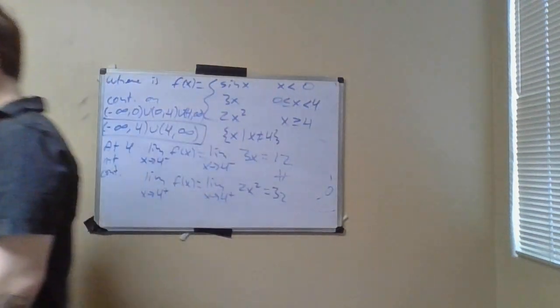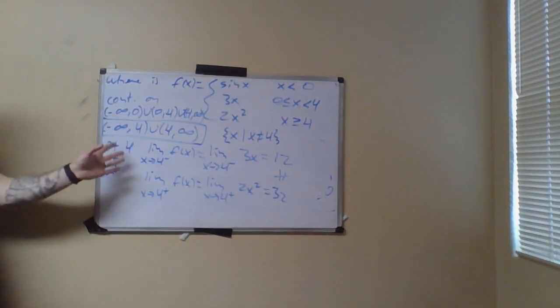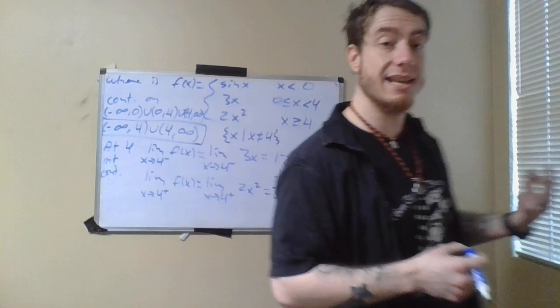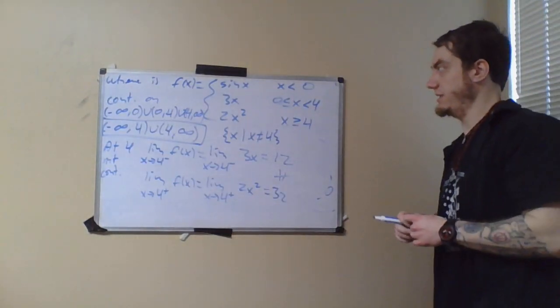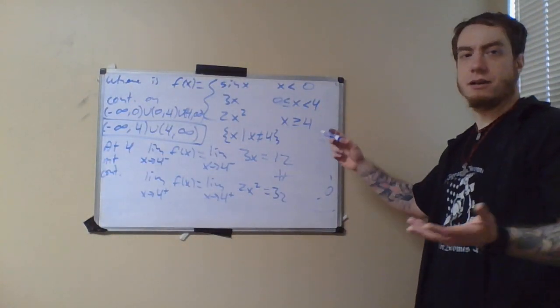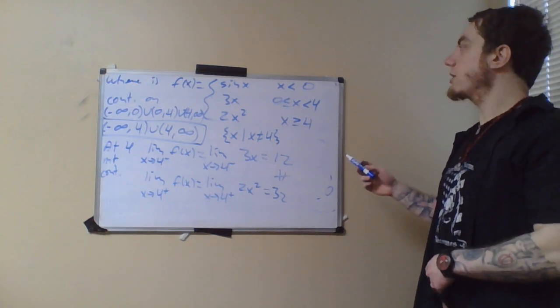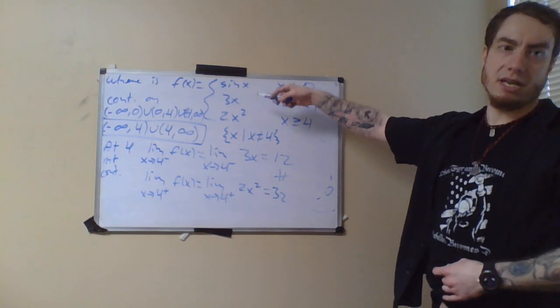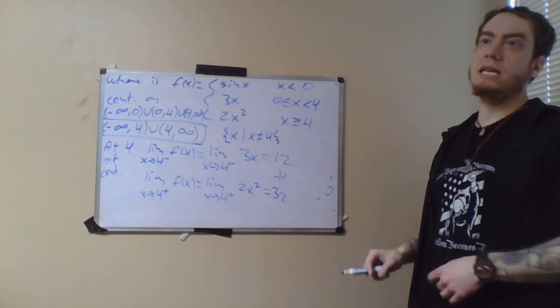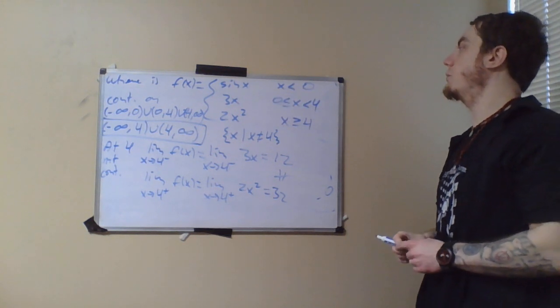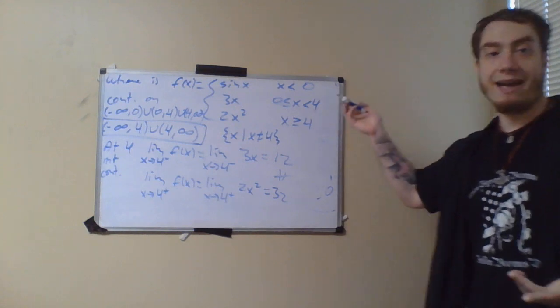We have figured out where this thing is continuous and where it's not continuous. So this is the basic thing that you're going to do anytime you deal with a piecewise defined function. You just consider each piece separately, and then you consider what happens at the